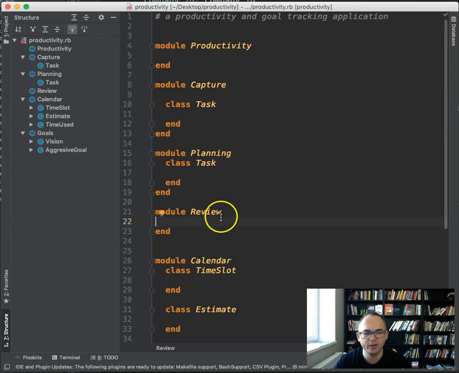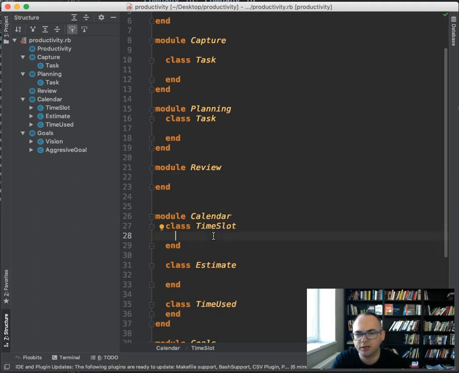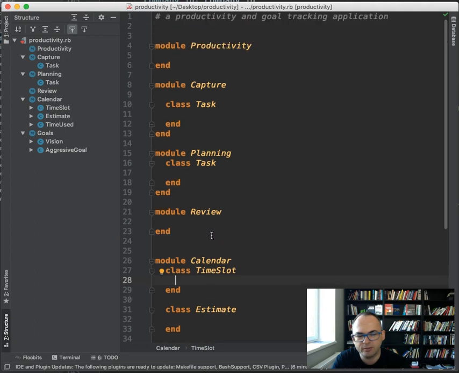Review is actually an interesting thing, but I'm not sure if this is a different bounded context, because it's usually reviewing what has happened before. And I think reviewing is usually in the context of calendar. So maybe reviewing is part of calendar, but I'm not sure. I'm just trying to brainstorm ideas. Checking if everything is done. So maybe reviewing is more like a read model, where you just want to see what has happened. And then when you spot some tasks, so read models can be cross-bounded context. So maybe review is more like, let's put it in the,